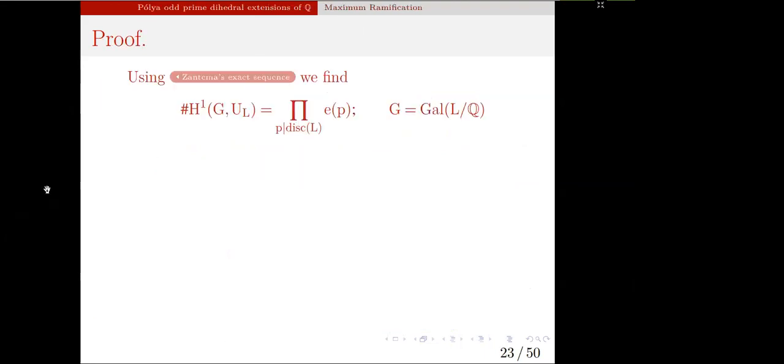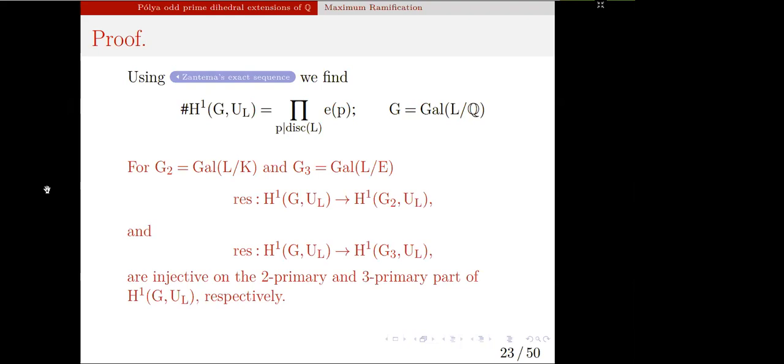Since we assume that L is Polya, the order of H1 equals the product of ramification indices, where by G I mean the Galois group of L over Q. Now consider the cyclic subgroups of G, namely G2 and G3, corresponding to the relative extensions L over K and L over E respectively. And using the fact that the restriction map is injective on the 2-primary and 3-primary